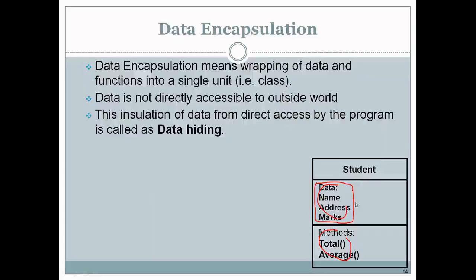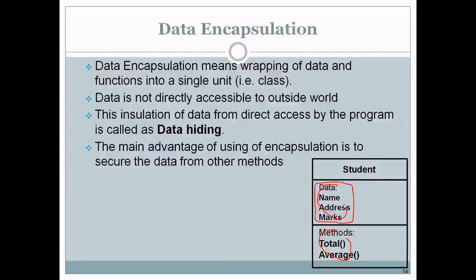So data hiding simply means protection of data from the outside world. The main advantage of using encapsulation is to secure the data from other methods. So data encapsulation provides security to the data from the external methods.